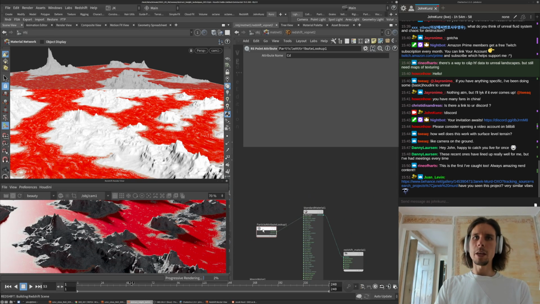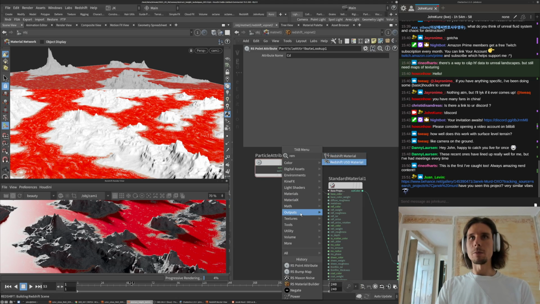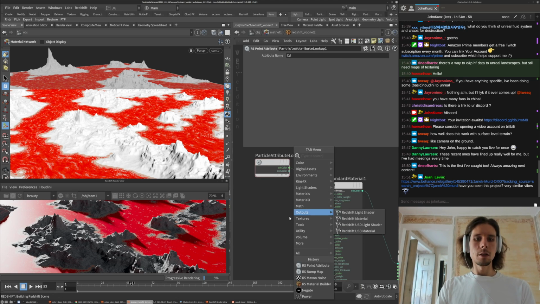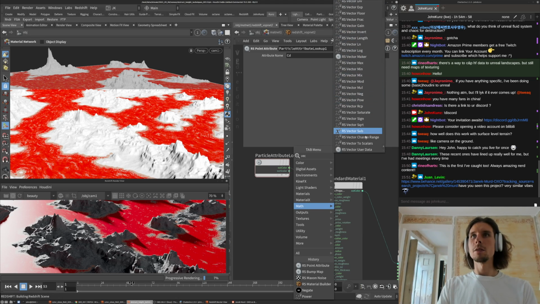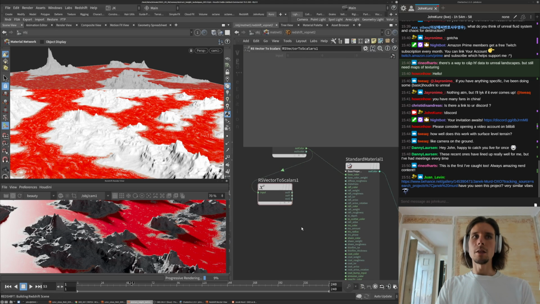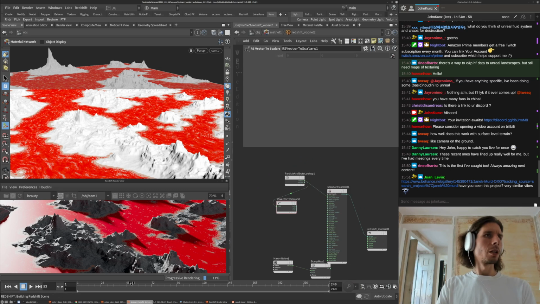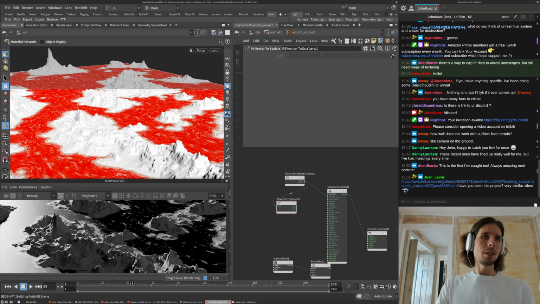And I might actually want to do something different with this. So let's just do this vector to scalars. And we have this red channel, green, blue. So maybe the green,